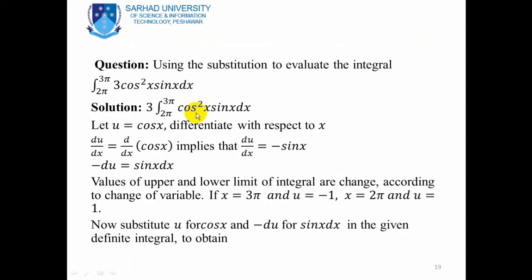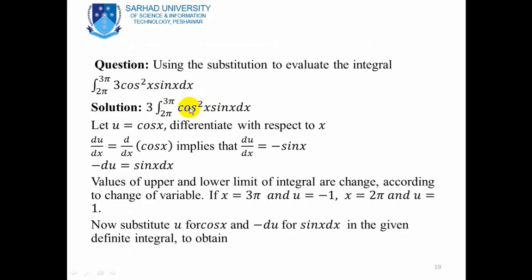And sometimes we obtain two functions in multiplied form. So first of all, check the derivative of the first function. If we obtain the second function by taking the derivative of the first function without power, then we can easily add 1 to the power of the first function, and add 1 to the power of the first function in the denominator. This will be the integration of the given function.